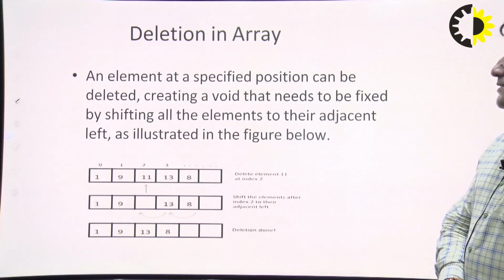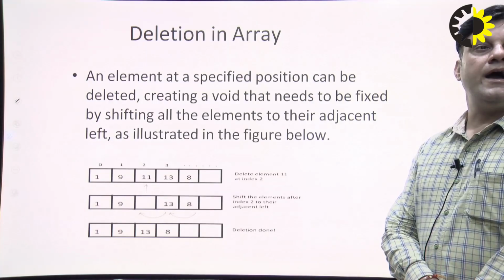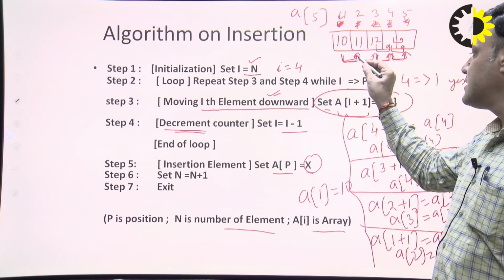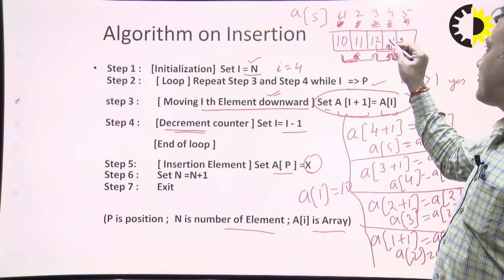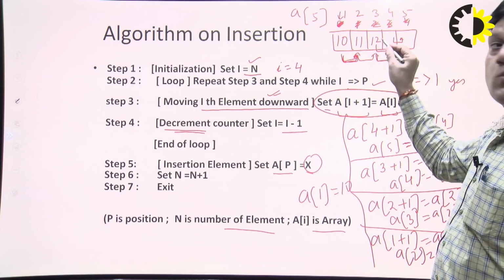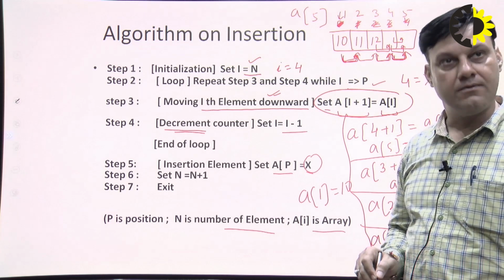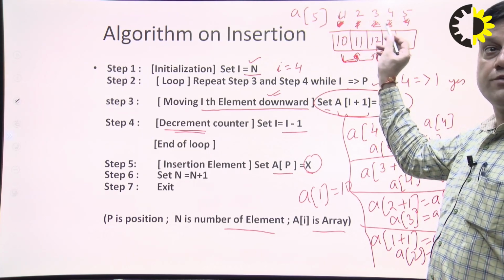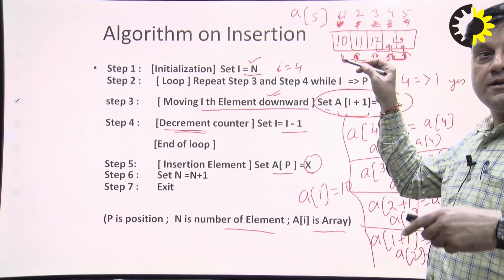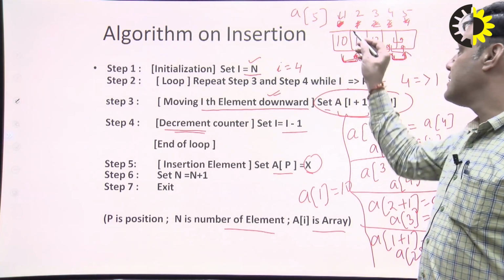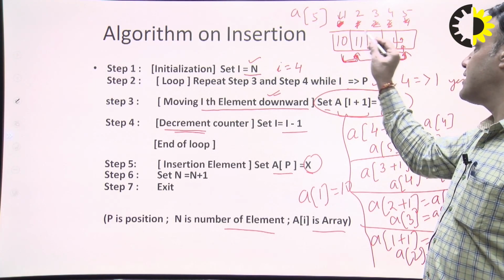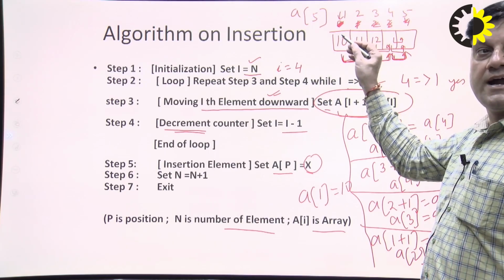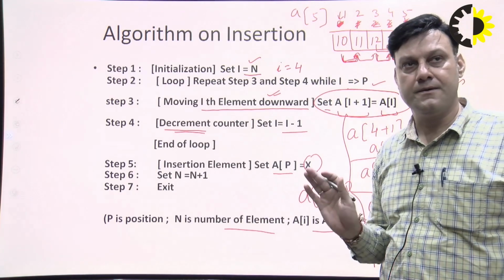Similarly, deletion is just the reverse of insertion. In the case of insertion, we are shifting elements. We have this connection established from A4 to A5, A3 to A4, A2 to A3, A of 1 to A2, right? For the understanding purpose, I have taken 1, 2, 3, 4, 5. When you implement in C language, what will happen? I will take the 0 index position, 0, 1, 2, 3, 4, then A3 of A4, A2 of A3, A1 of A2, A0 of A1. And at the 0th position, this 10 will be inserted. Okay? So it doesn't matter.